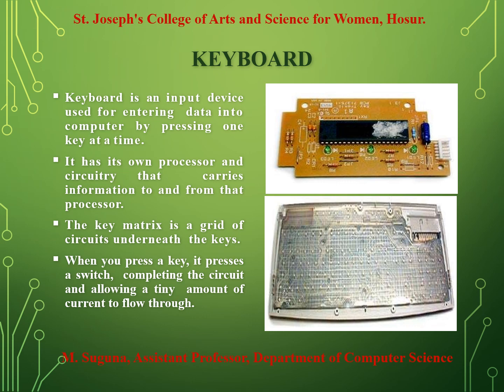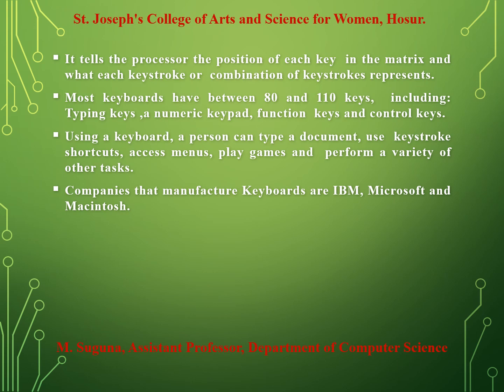It has its own processor and circuitry that carries information to and from that processor. See in the first diagram, we can see the circuit inside the keyboard. The key matrix is a grid of circuits underneath the keys, as seen in diagram 2. When we press a key, it presses a switch, completing the circuit and allowing a tiny amount of current to flow through. It tells the processor the position of each key in the matrix and what each keystroke or combination